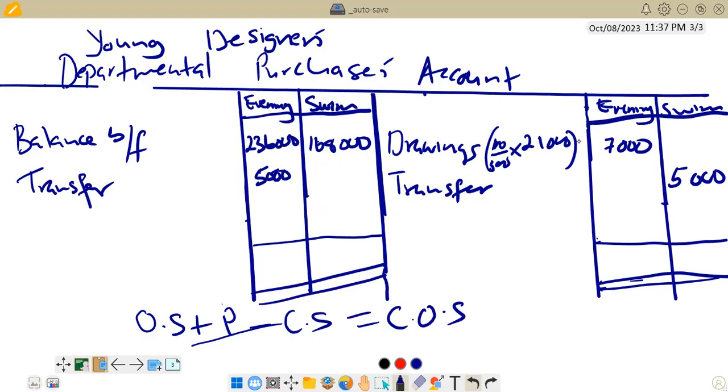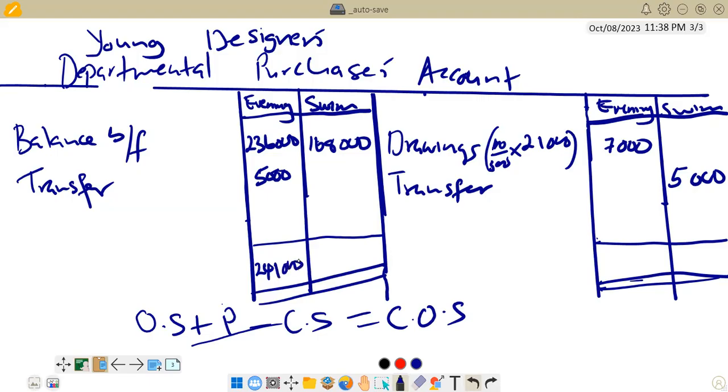So if you look here for evening, we are going to balance what is on the credit side of the column of evening and then what is on the debit side of evening. So you can see that the debit is the bigger side. So if you add the total of the evening, you say 236,000 plus 5,000,